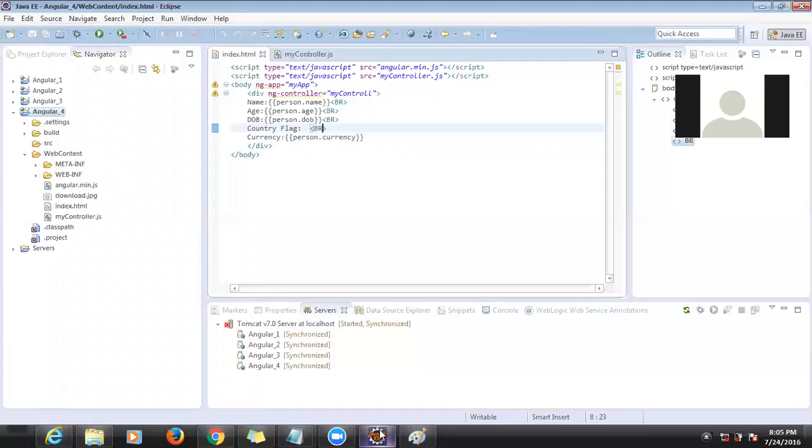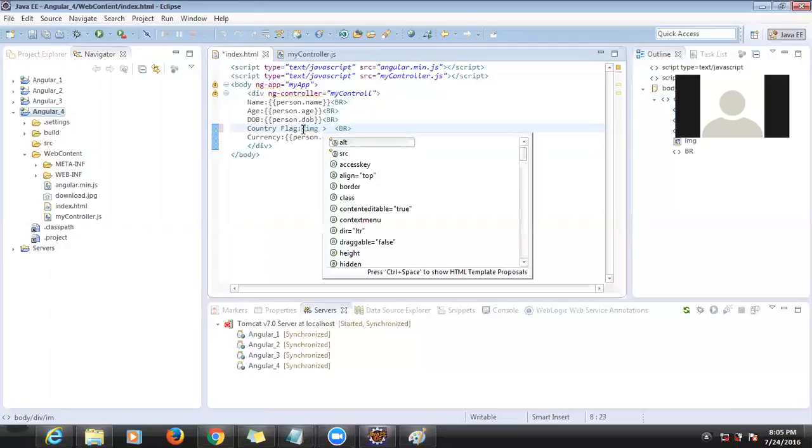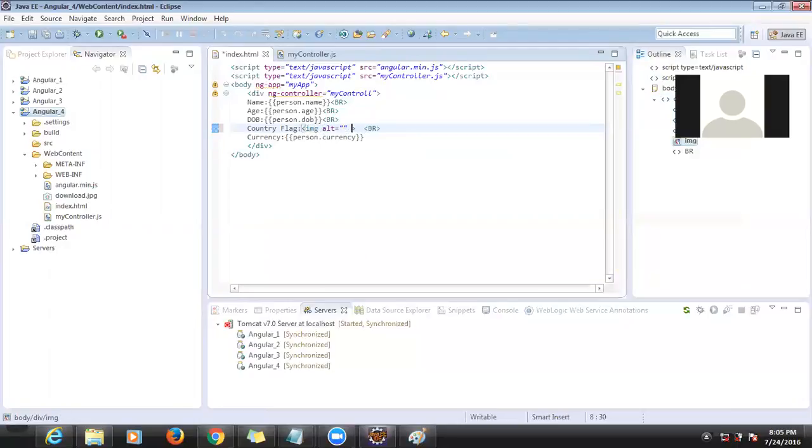So how are we displaying an image generally? In the previous case we were using the img tag, right? So here also we are using the img tag. Img, alt, src, close img. So this is the way to display the image. What is the purpose of this alt? Let's suppose we give some information, like India flag. And as part of src, I have to read